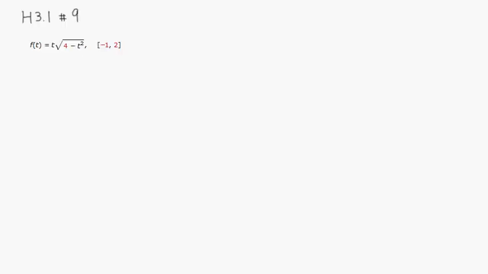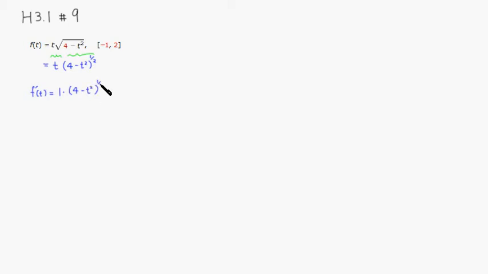So let's find that. I don't like the way it looks for now, so I'm going to rewrite it as t times the quantity 4 minus t squared raised to the 1/2 power. It seems like we have two things multiplied together, so we're going to apply the product rule. So f prime of t is equal to the derivative of t, which is 1, times the second, 4 minus t squared